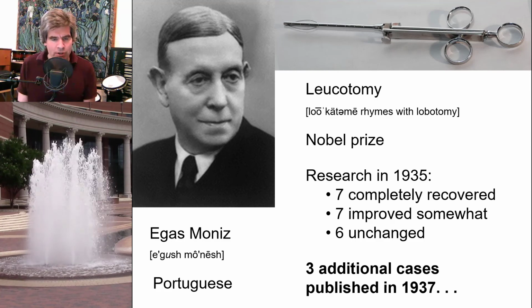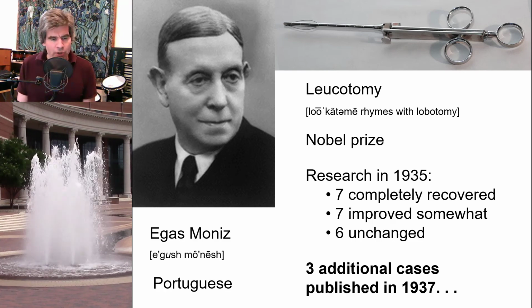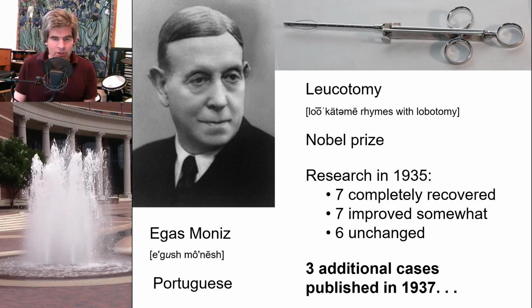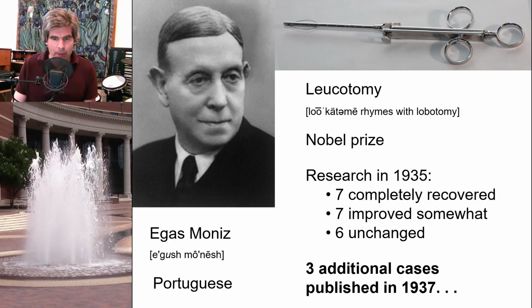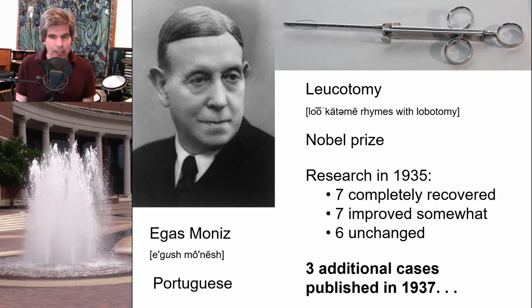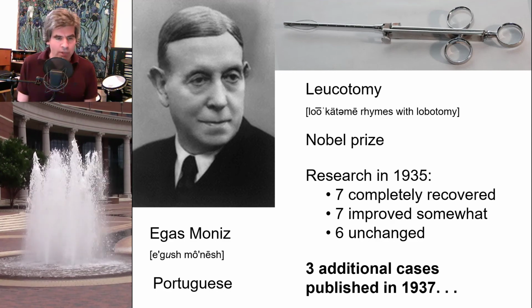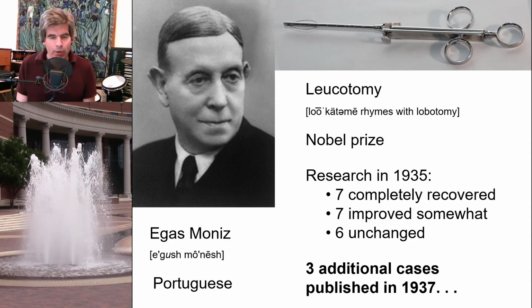Initially, he called this procedure leucotomy, and it involved drilling holes in the skull and inserting an instrument called a leucotome into the brain and then twisting it around. A picture of a leucotome is depicted on the top of the screen. So, shortly after hearing about the studies with chimpanzees, Moniz tested his leucotomy procedure on 20 human patients. And he reported impressive results. He reported that 7 had completely recovered, and 7 had improved, and 6 were unchanged, and